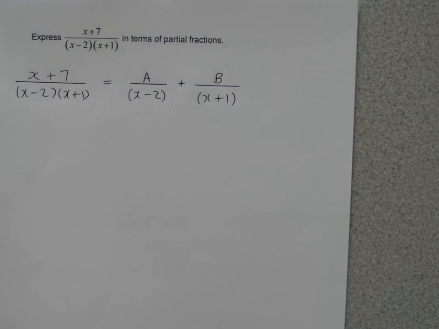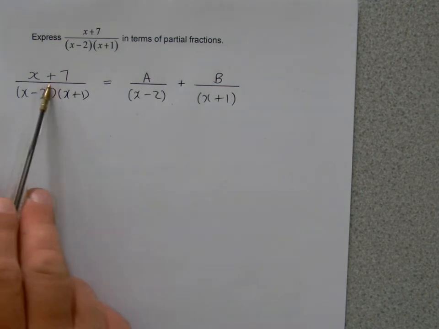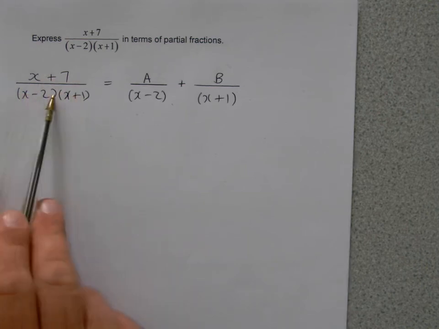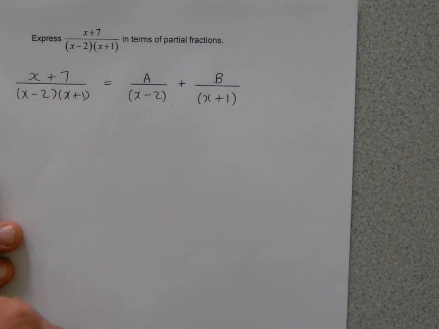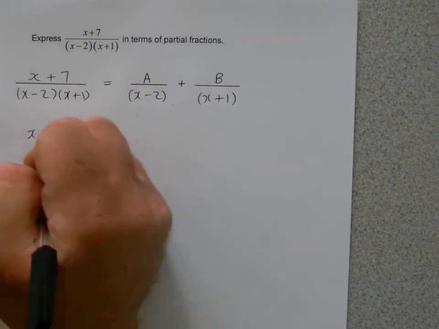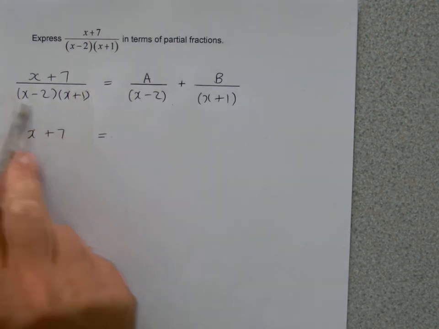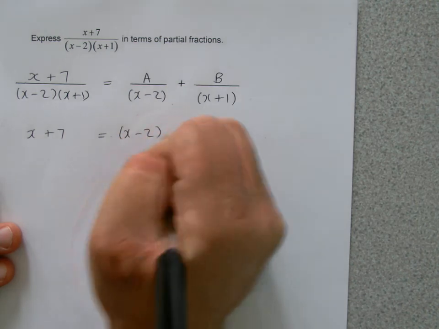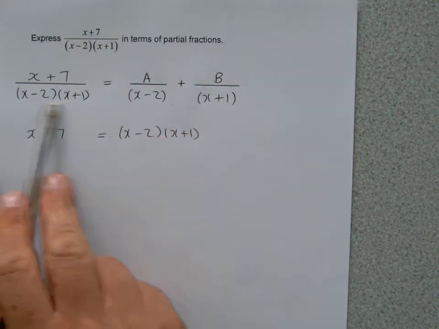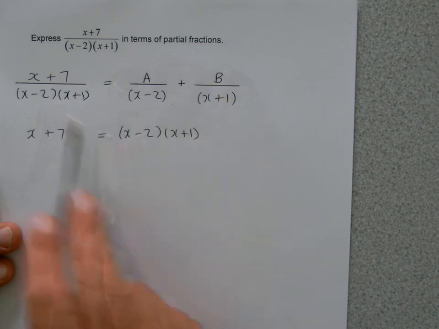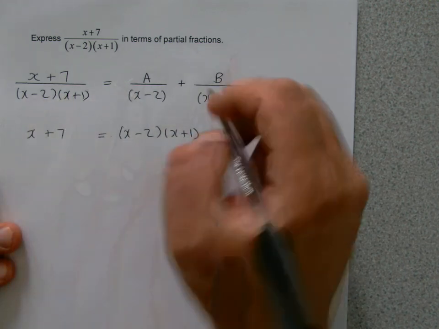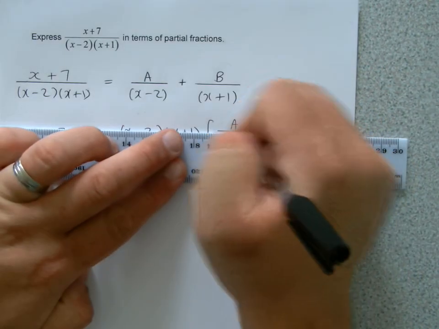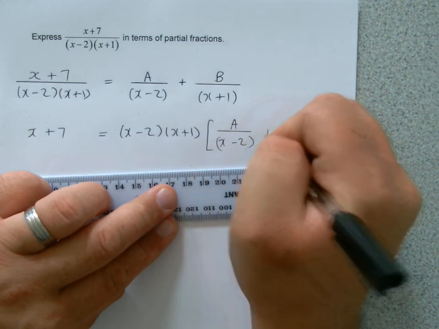We do that quite simply by appreciating that we've got x plus 7 divided by all of this. So we're dividing by all of this. Now if I take it over the other side, think about what I'd be doing. I just want to leave x plus 7 here, and I'm going to take all of this that I'm dividing by over to the other side, and I'm going to multiply. So I'll have x minus 2, x plus 1, and I'm taking it over and multiplying by all of this. I need to put maybe a square bracket. So I have A over x minus 2,